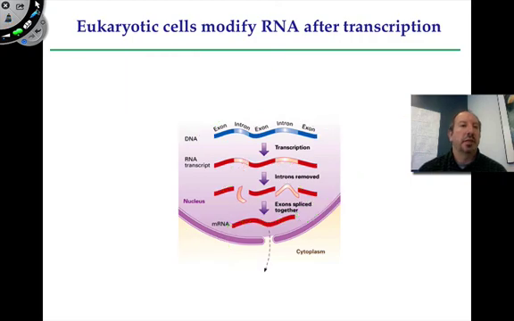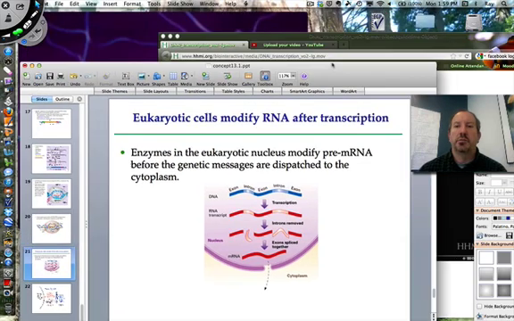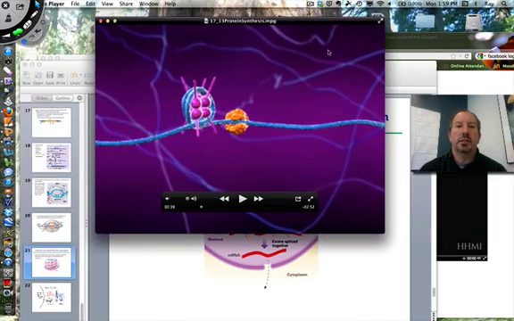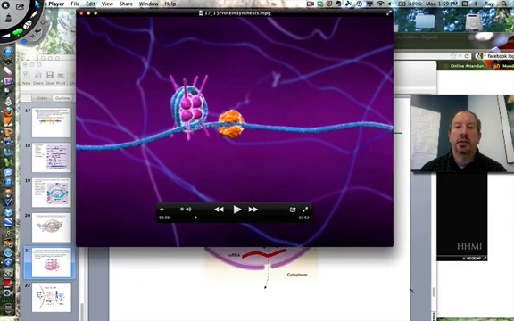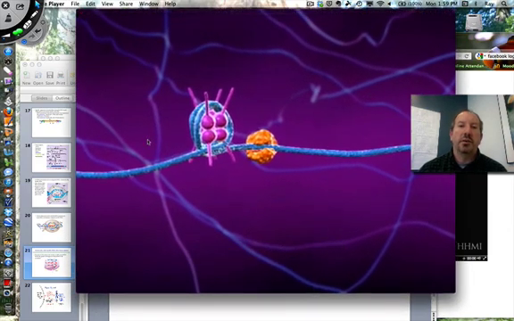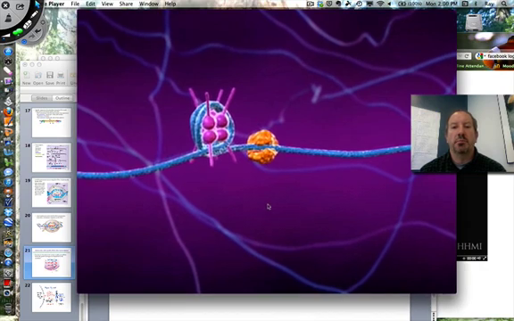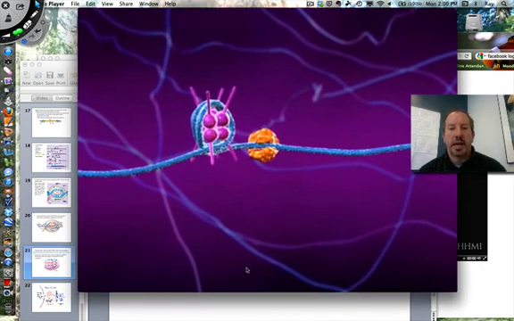And so take a look at this. This is going to be our last little video clip of the process. I really like this one. Let me see if I can make it a little bit larger. We're in the nucleus. You can notice that some of the DNA is wrapped around histone proteins, and this little orange guy is RNA polymerase. And so what's going to happen is